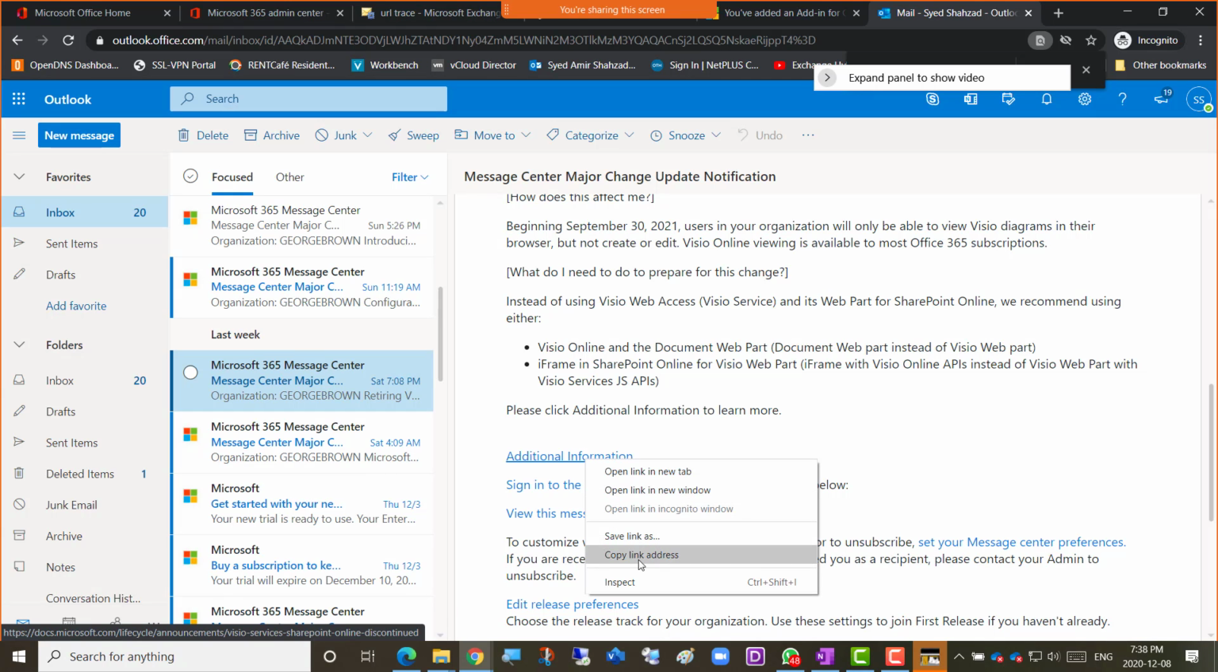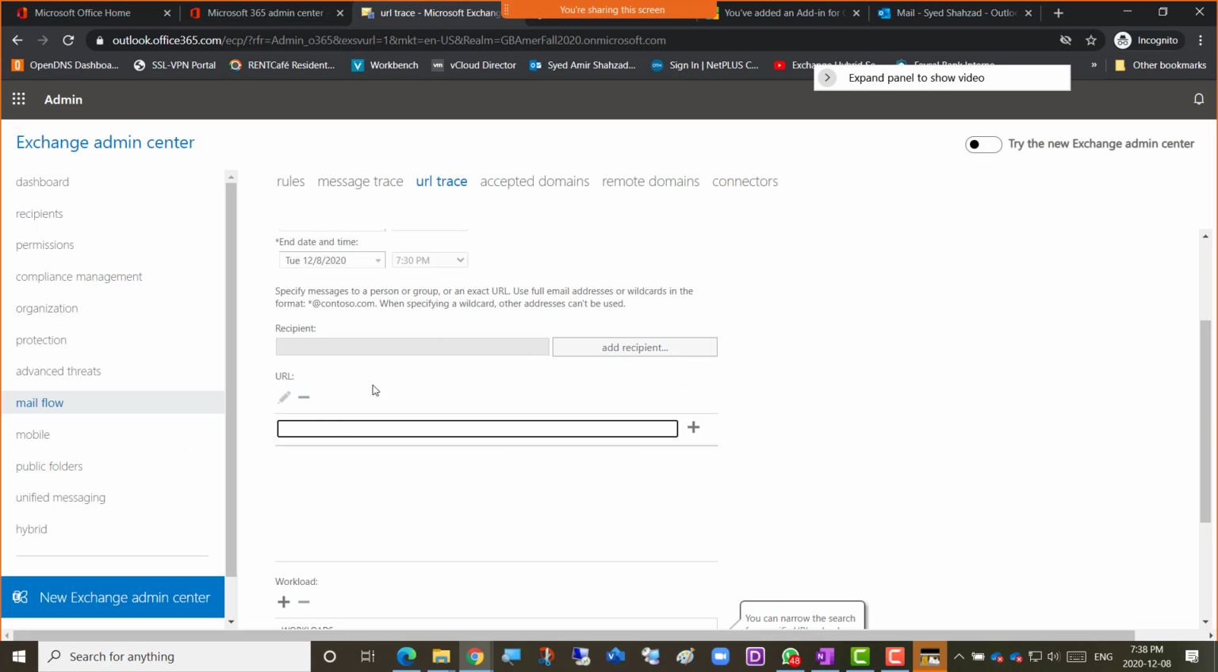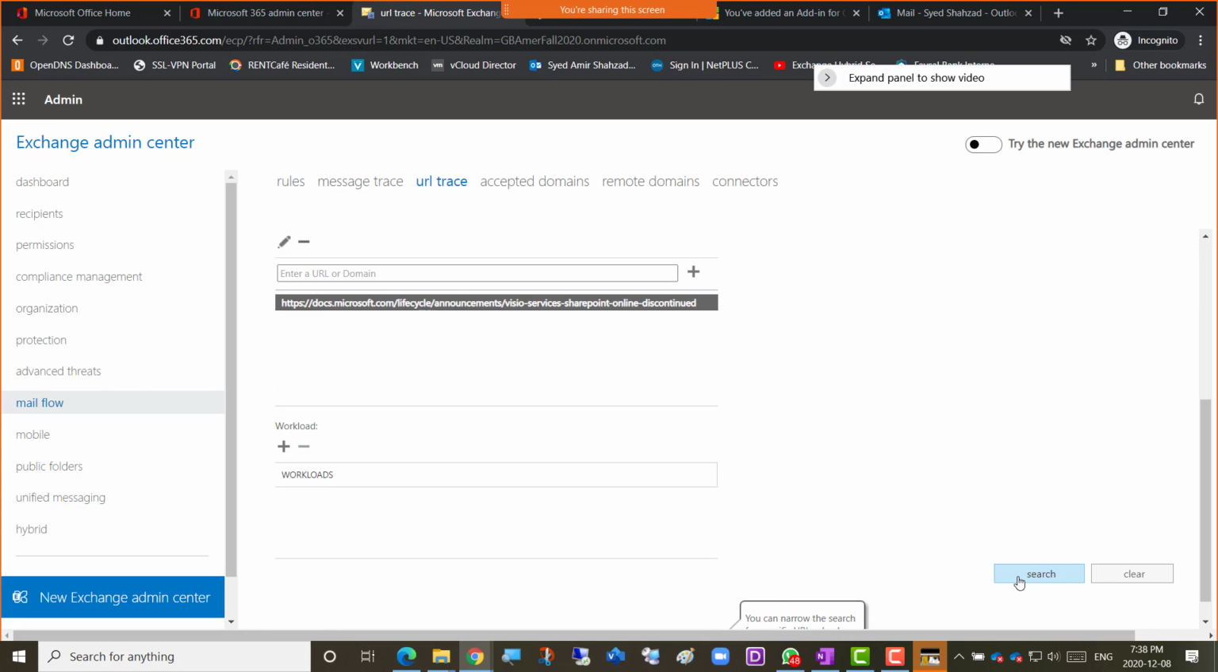Suppose I go for copy link address for any of the received emails. I just copy that, right? And I go there and put that address. So it's a long one. And I'm going to click plus. So I grabbed it from an email. I right-clicked and clicked copy address, right? You don't have to do that, I'm just showing you. So I'll click the search,